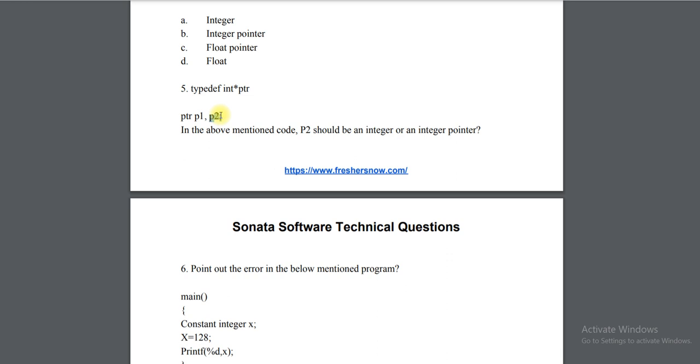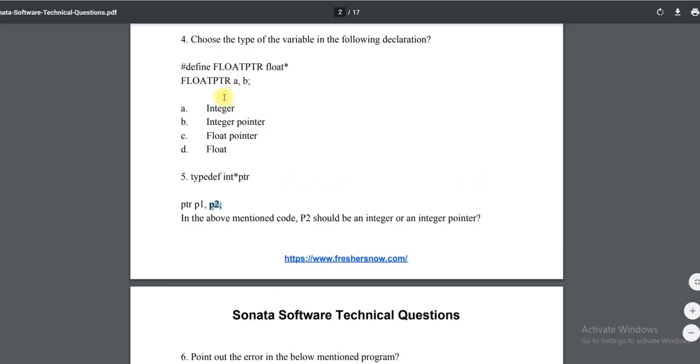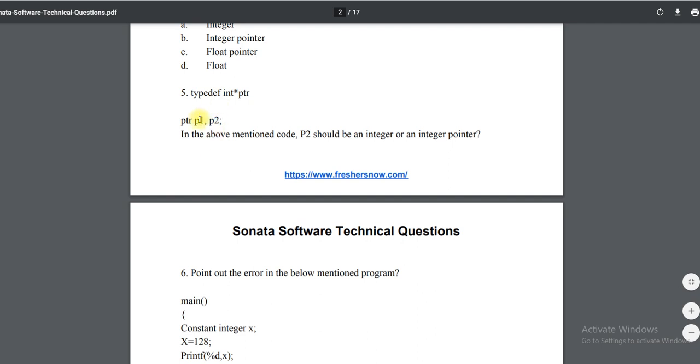In C, just think of this like a class and we are creating objects. So ptr is one bucket, and we are creating copies of ptr: one copy is p1 and another copy is p2. So definitely both types are the same. In the first case, with substitution, a and b were different, but here p1 and p2 are the same. Okay, so let me also execute it and prove it.